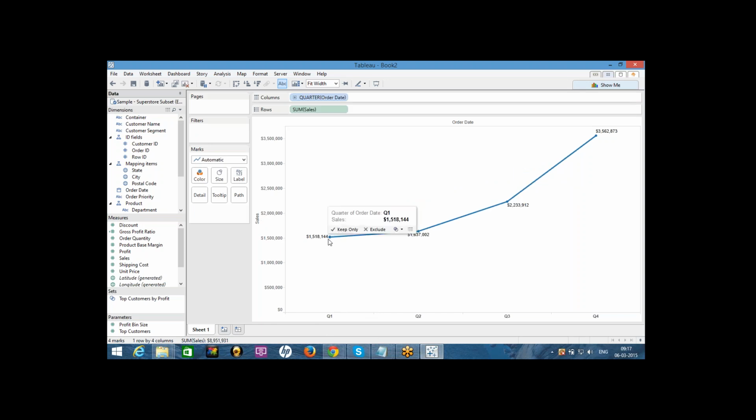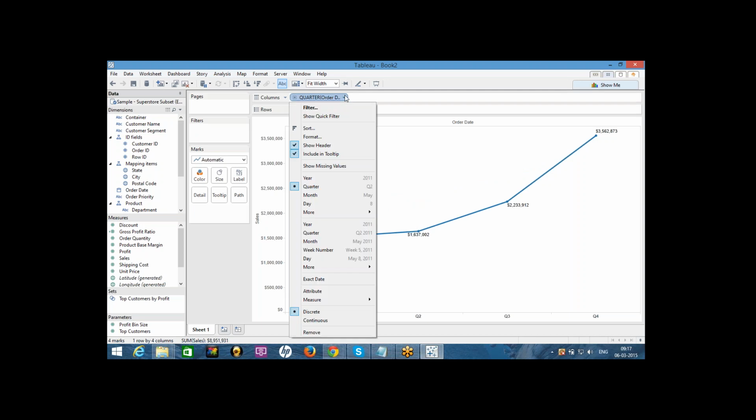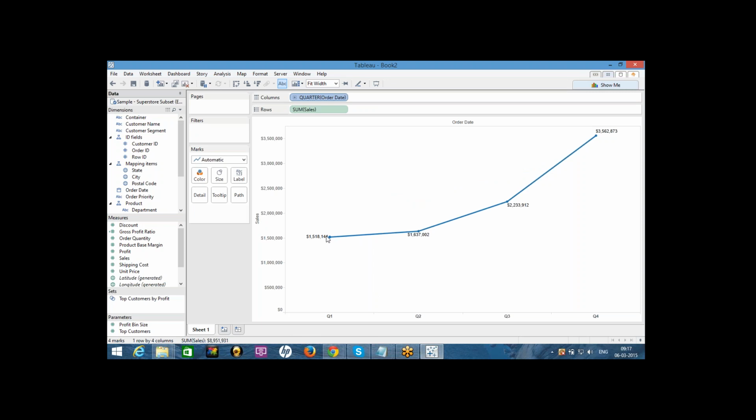Here the quarter means, when you select this quarter, there is a distinct difference between this quarter and the other, this month and the other month; only the year is the same. Now we are at the quarter, it means it's an accumulation of all Q1 sales of all the years. Quarter one sales of all four years, we got around 1.5 million. And Q2 of all the years, for example 2011, 12, 13 and 14, this is the volume of sales. This is for Q3 and this is for Q4.